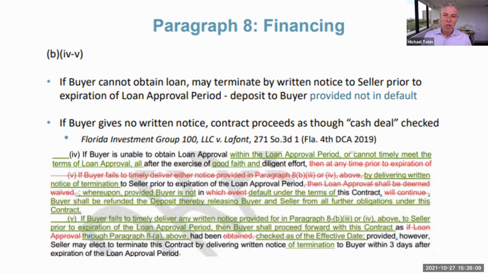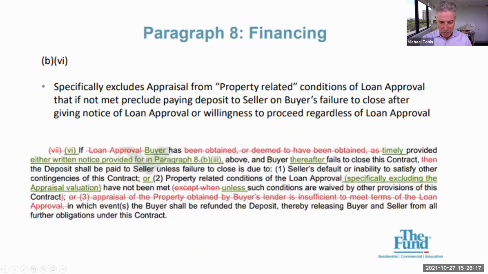Okay, let's go. We have one more page on the financing, so we're not even done with the financing. If you can switch pages, Ariel, to the next page. Okay, so here you see that this is the last paragraph of the FAR-BAR mortgage contingency period provision. We haven't changed it structurally. It's just changes within the paragraphs. You'll see it when you see the contract in full. But this specifically excludes appraisal from property-related conditions of loan approval that, if not met, preclude giving the deposit to seller. So we've changed that. It's still property-related conditions,